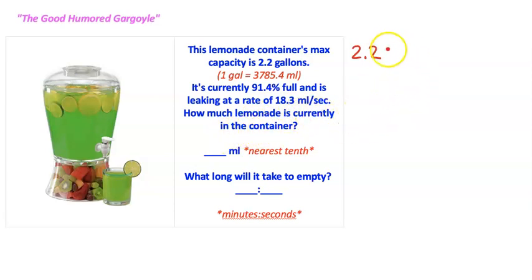All right, so let's figure out that first. So there's 2.2 gallons. We're going to take that times 3785.4, and then I'm going to do two steps in one here. I'm also going to multiply that by the percentage as a decimal. If it's only 91.4% full, you'd want to multiply that times 0.914. We'll get into more percentage change stuff later in chapter 2, but for now, this is the fastest way to do a percent of type of math problem. So 2.2 times 3785.4 times 0.914 is